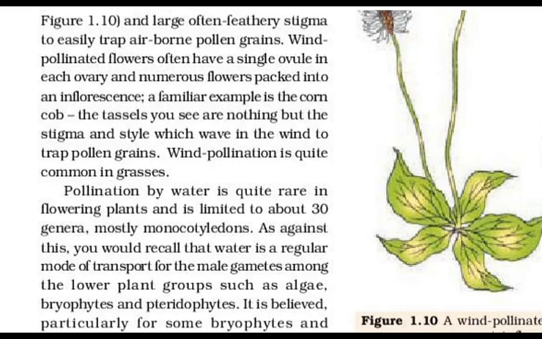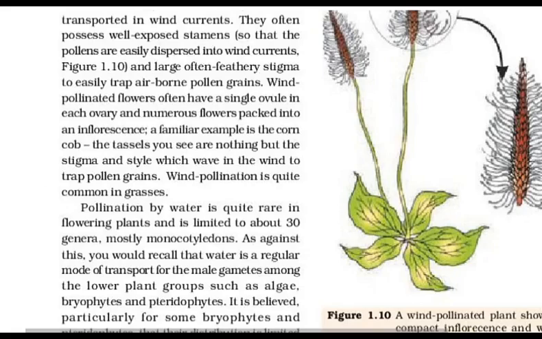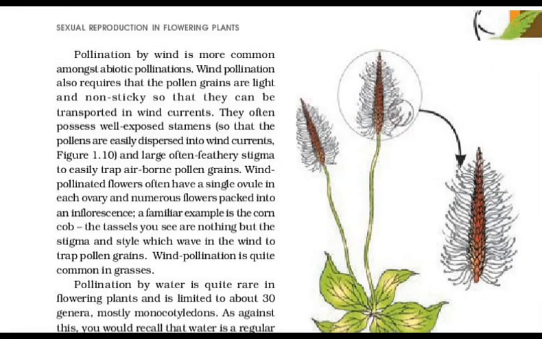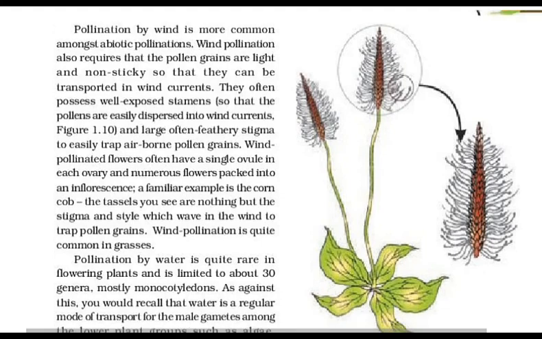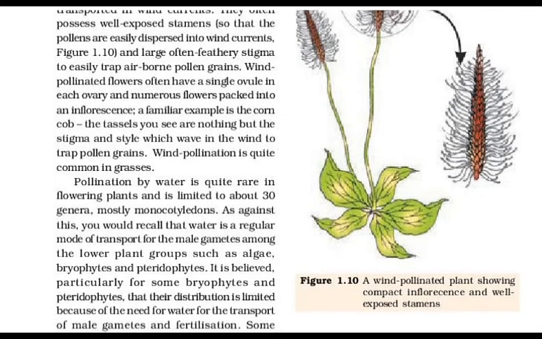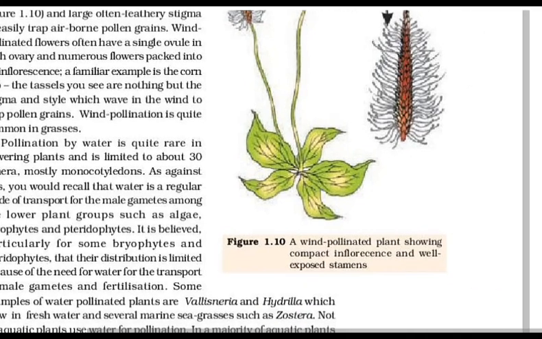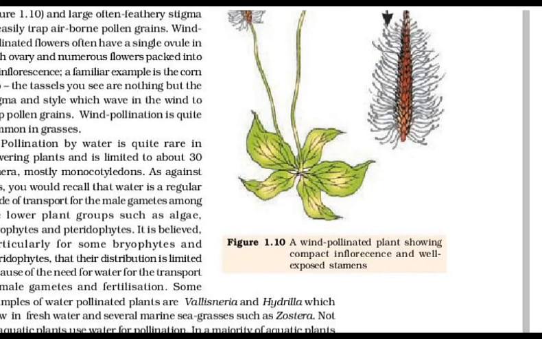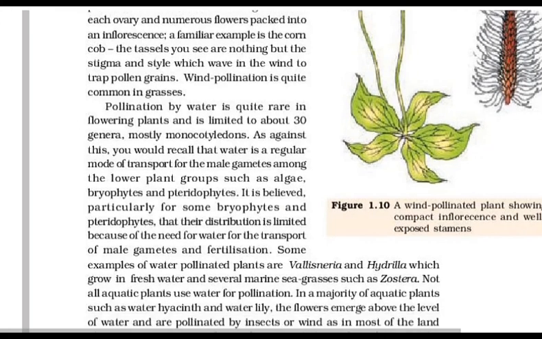For the fertilization to occur. How is this achieved? Pollination is the mechanism to achieve this objective. Transfer of pollen grains shed from the anther to the stigma of a pistil is termed as pollination. Flowering plants have evolved an amazing array of adaptations to achieve pollination. They make use of external agents to achieve pollination.